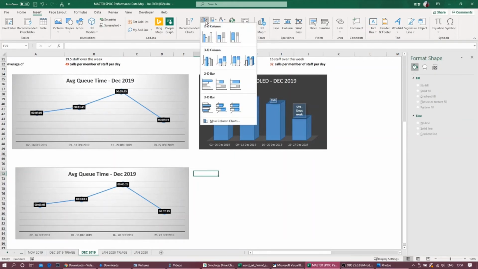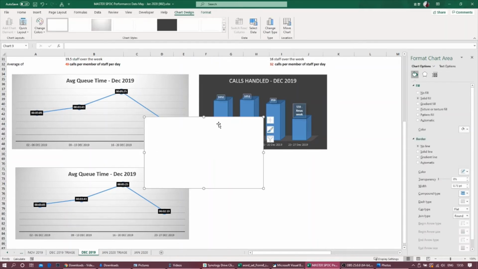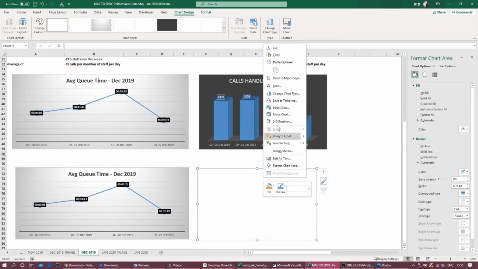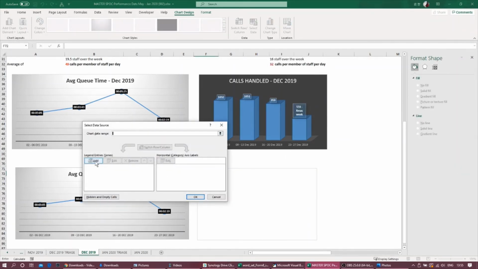So the graph looks like 3-dimension type, which is 3D clustered column. So it looks empty at the moment, but right click here, select data and add